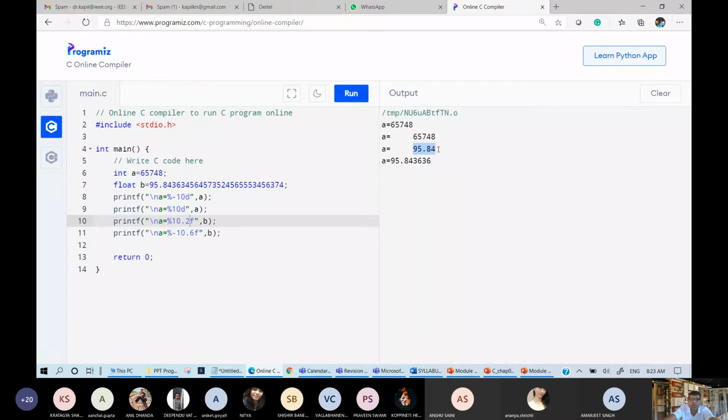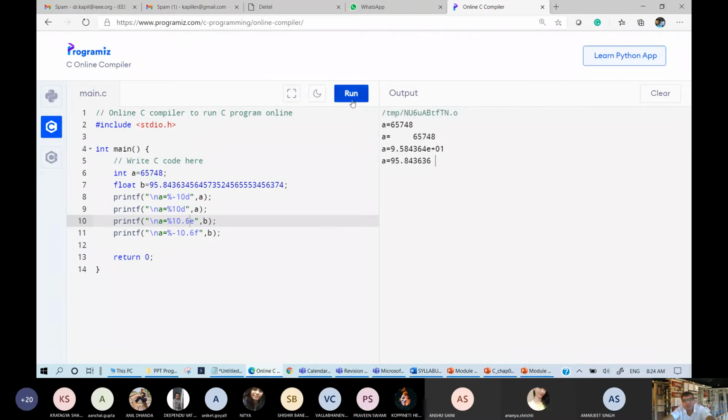Similarly, if this number is given and I am writing this in scientific notation, a small e will be there. So here you can see that this is written in this format. 10.2 is written. Let me write 10.6.